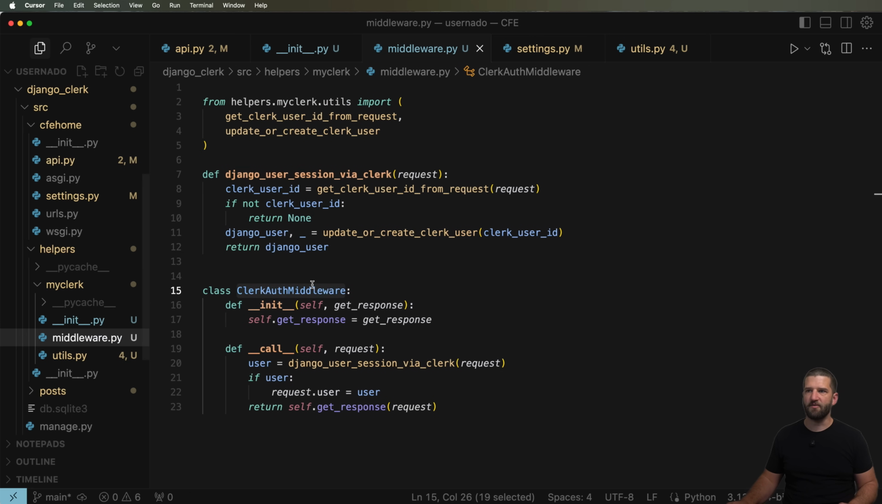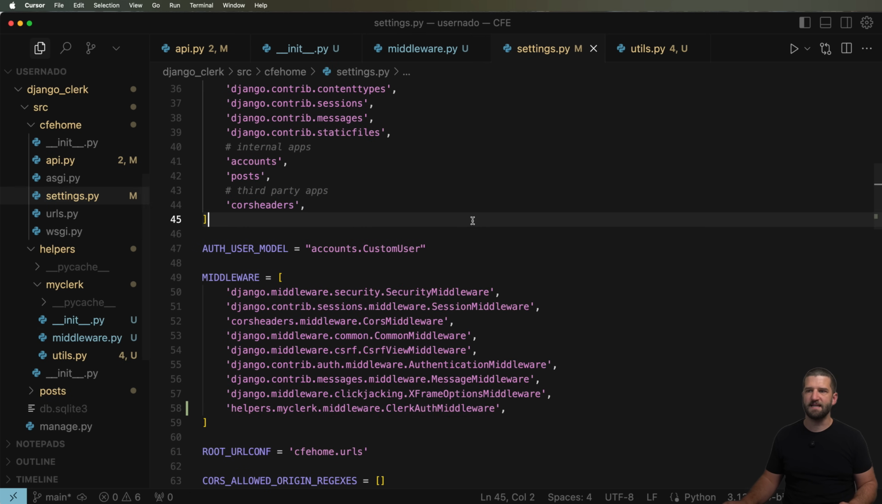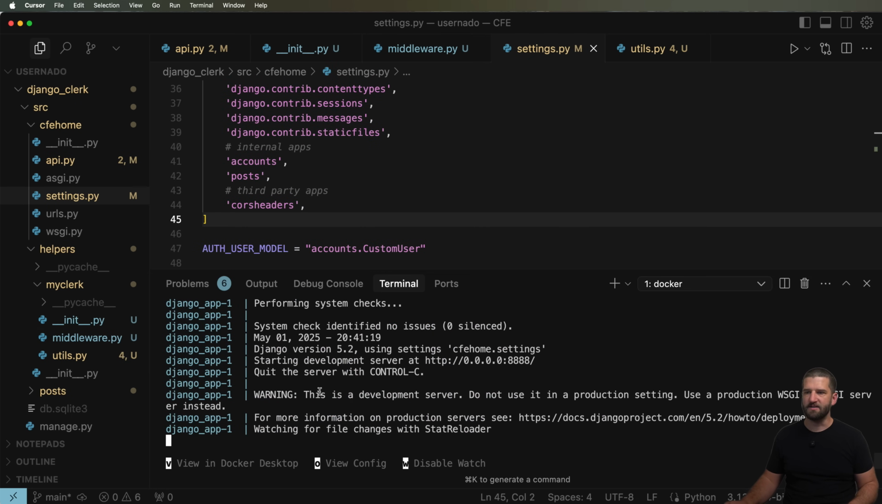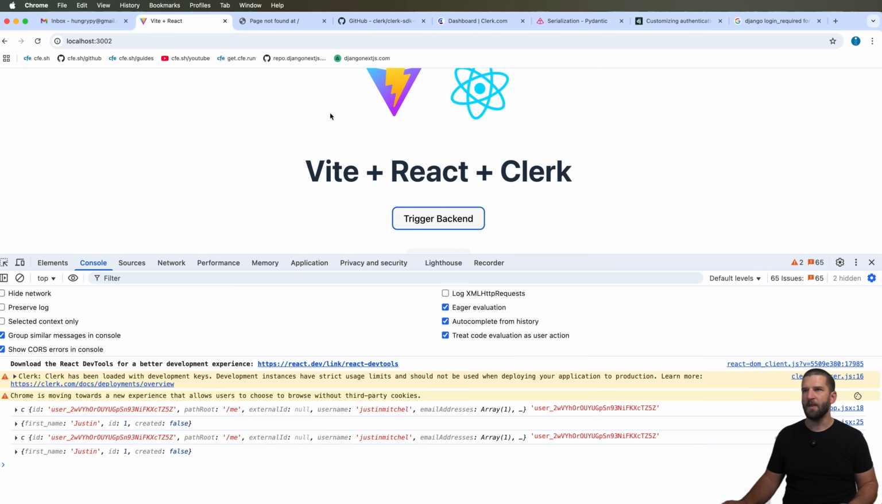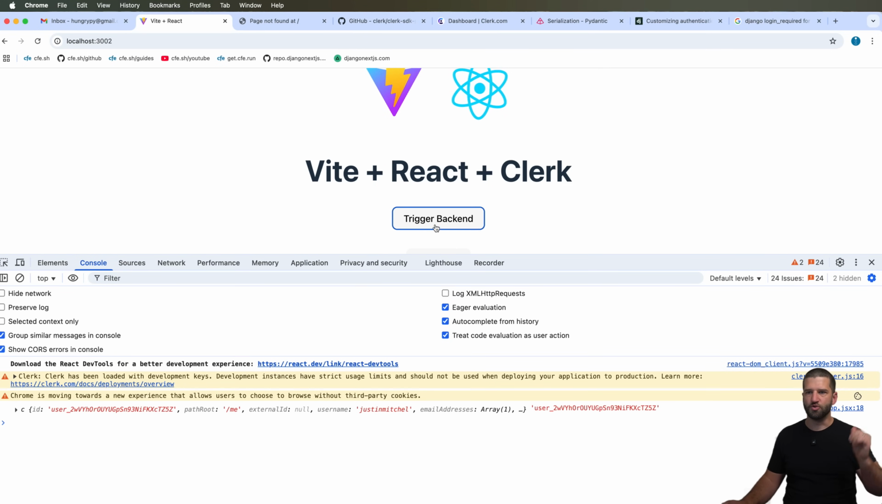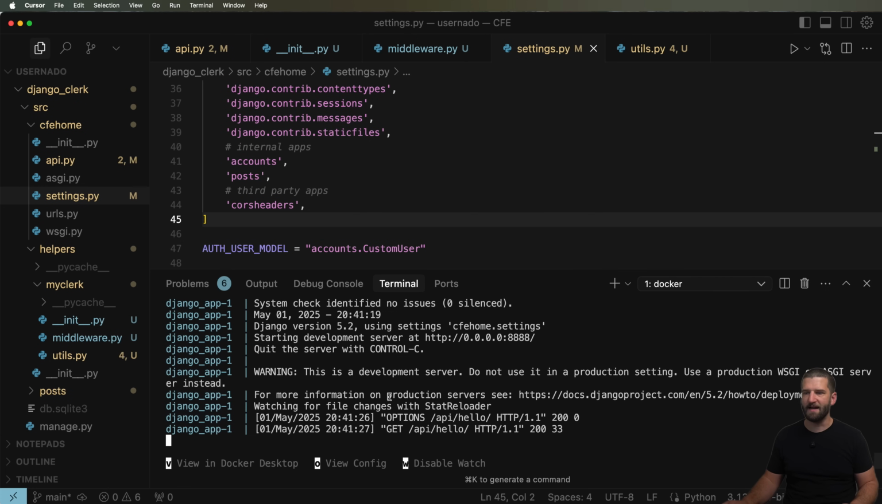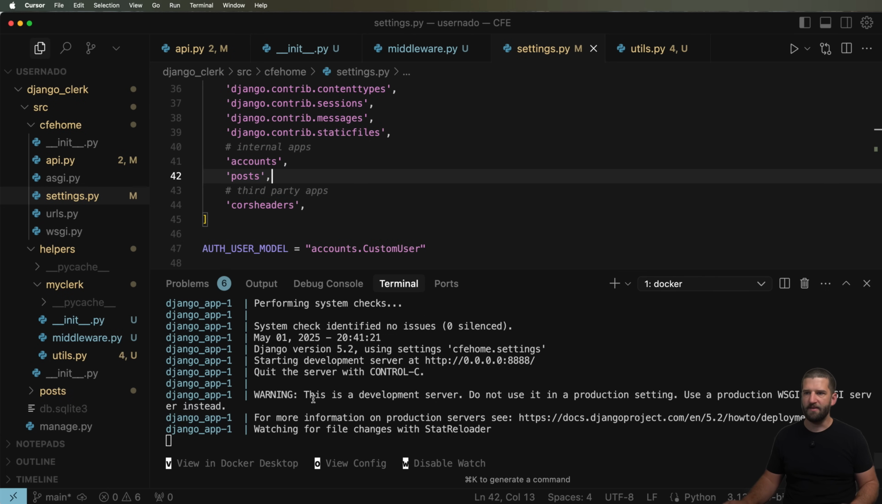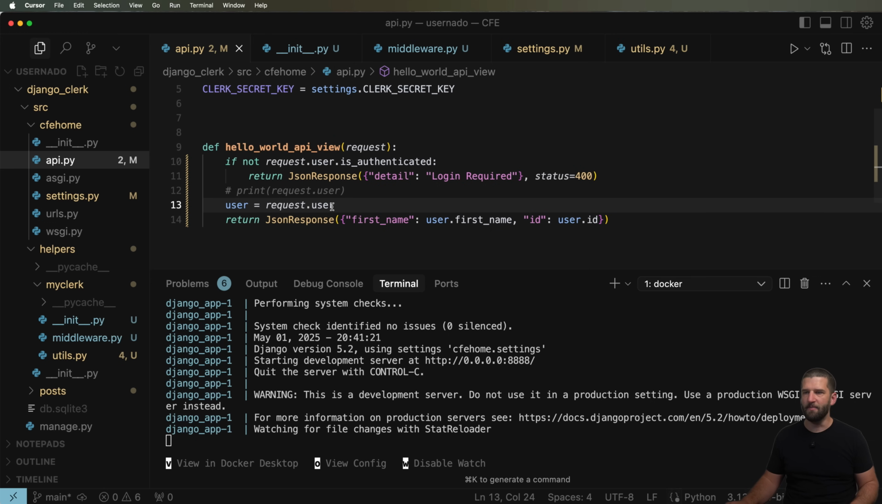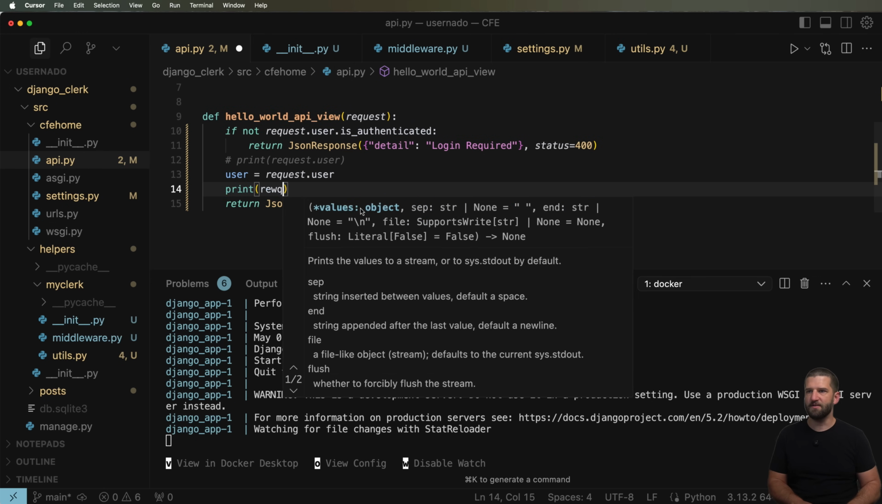So let's go ahead and save everything. Let's make sure our middleware is working, settings are saved, and inside of Docker, it looks like everything's working in there. So let's give this another shot. We'll trigger our backend here. And if we did everything correct, we should get that data back. Sure enough, we do. And the print statement should also come back if we had any print statements in our API. So like printing out the request